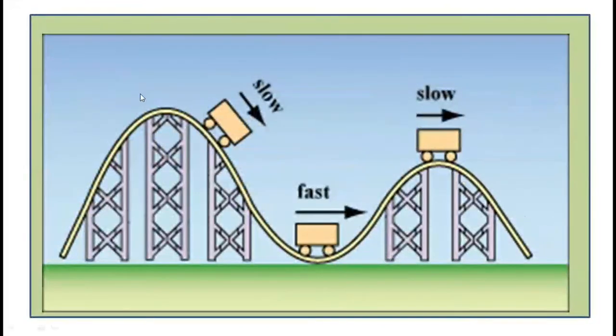Here is a diagram showing a curved line along which a vehicle moves. At first, at the top, the movement is slow. When it moves down, it moves fast. When it stops or moves slowly, that is positive acceleration. When it comes down and the speed is fast, that is negative acceleration. Again it stops here, and that is zero acceleration. That means the vehicle moves up and down, and at the top it stays in position, which is positive acceleration.